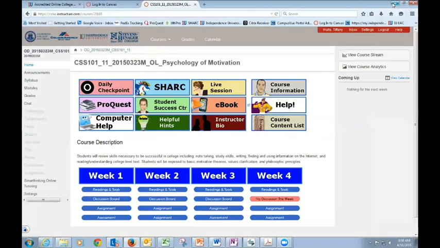To find the discussion Understand Self, there are 2 different ways that you can access it. You can either go underneath week 1, and all of your assignments and tools will be listed there. You can click on discussion board. The way that I prefer is to go, on the left-hand side, the 4th option down says modules. So if I click on modules,